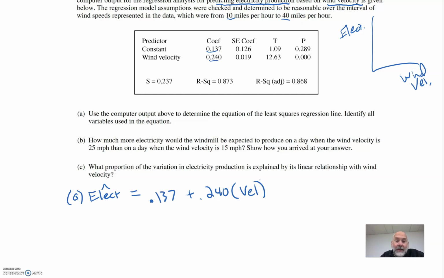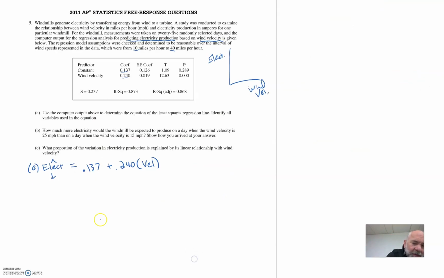Now, I kind of already have. If people use y and x, they have to say what the y is, what the x is. But in case, thinking about when you're doing a free response, can you make this better? Because sometimes there might be a little detail that they might take a little off for, or they might not. So just in case, I would say, all right, let's make sure this is